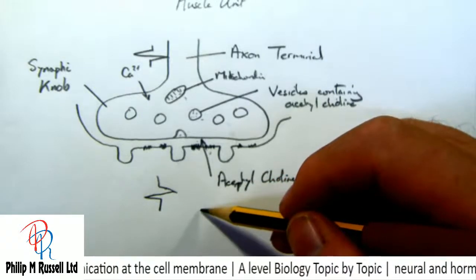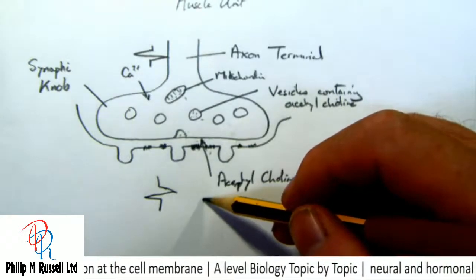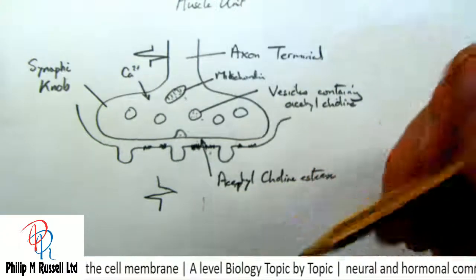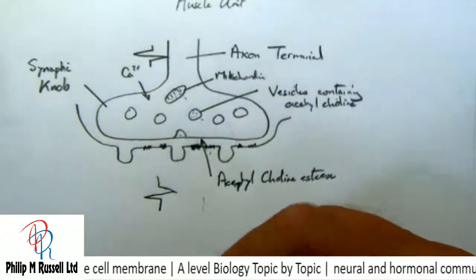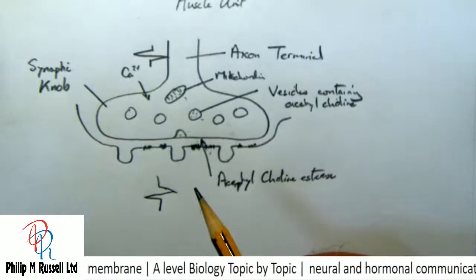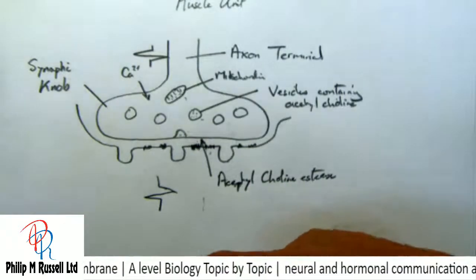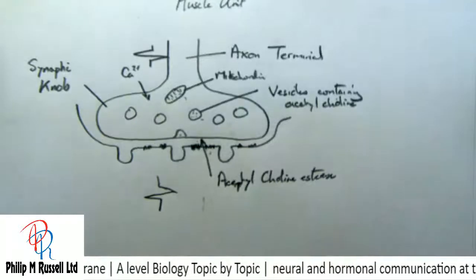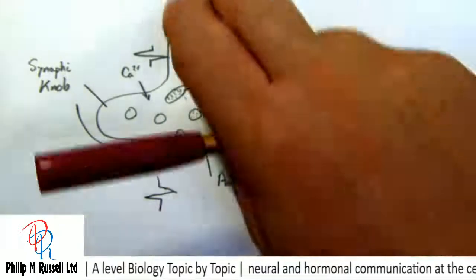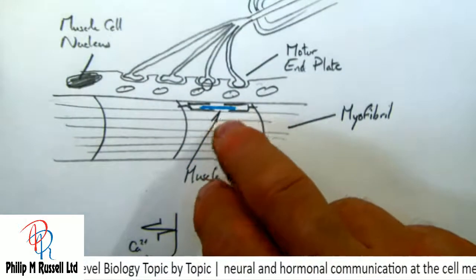This is the sarcoplasmic reticulum, and it again contains lots of calcium ions which it actively absorbs, and when the action potential reaches this sarcoplasmic reticulum, it stimulates the channels to open, the calcium ions diffuse down their concentration gradient, and that puts lots of calcium ions into this